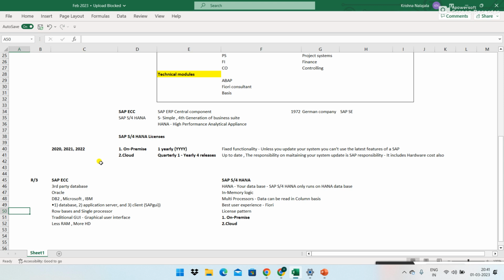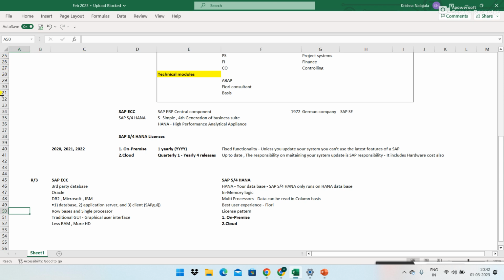In SAP ECC, how data is read is this: let's say we have 50 vendors, or 50 customers, or 50 assets, whatever data you have. If you want to pull any report from the data, what SAP ECC will do is read the first row, then the second row, then the third row.